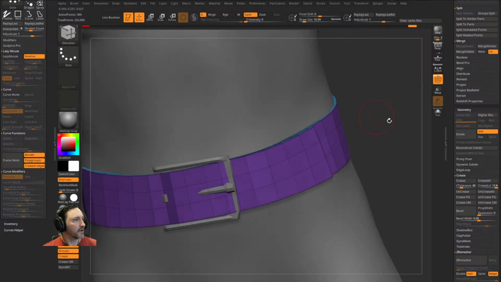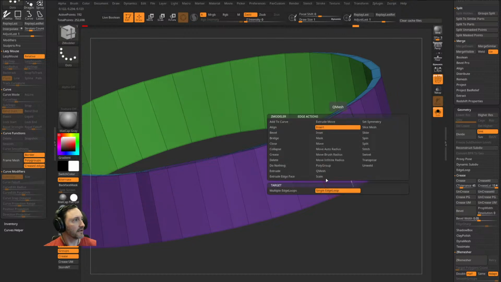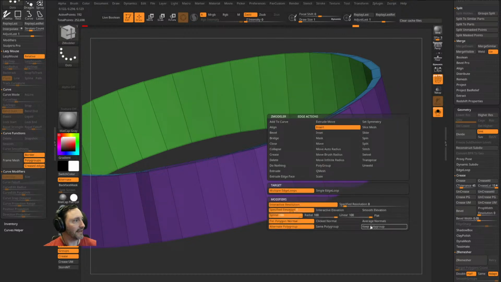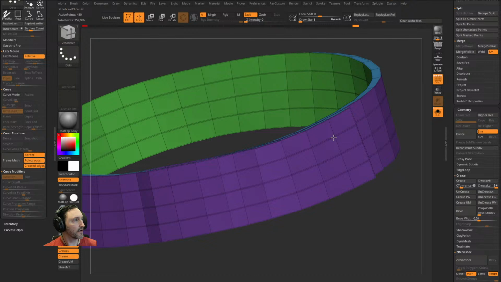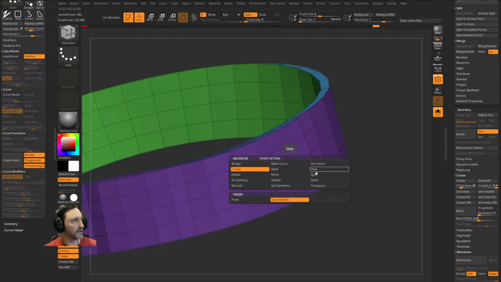Now if I did want to use a curve, let's do Shift D. Another thing while you're in here, let's say I'm going to say Insert Single Edge Loop. I'm going to hold down Alt and get rid of these, and then say Insert Multiple Edge Loops, Keep Polygroup. I'm going to go through here and do that. I'll say Uncrease All, Crease PG, and now I can say,